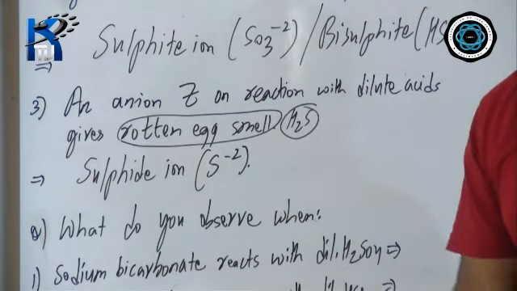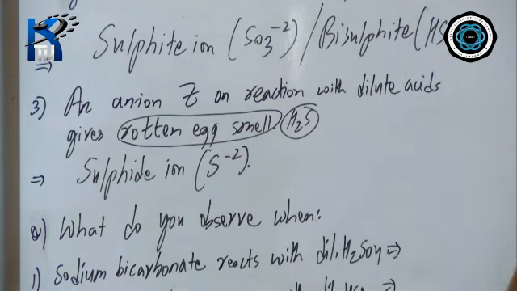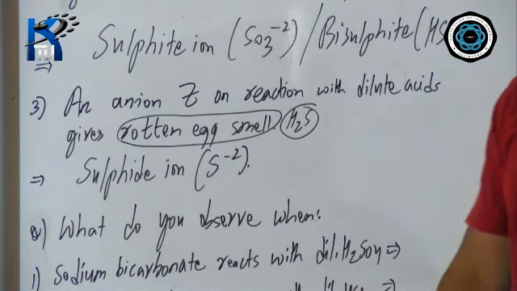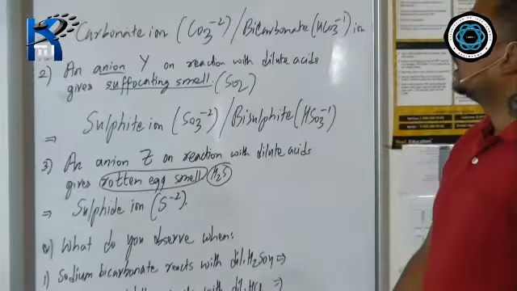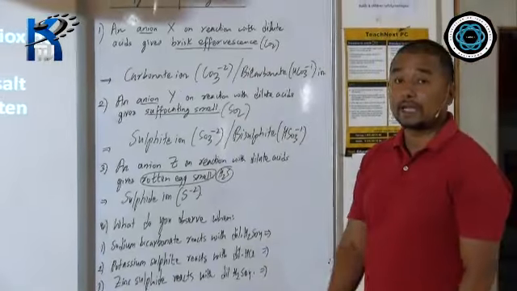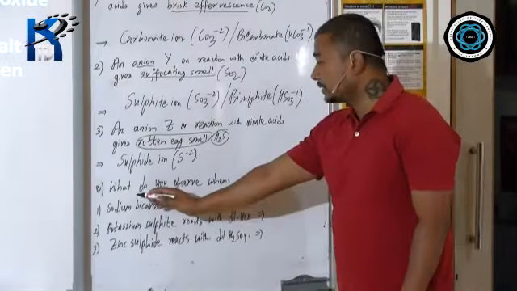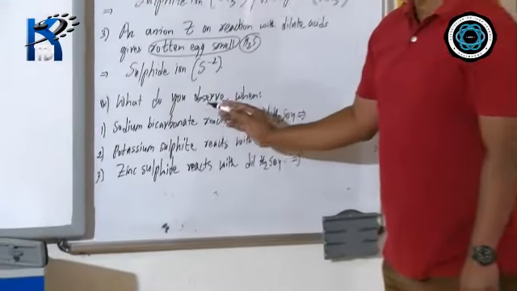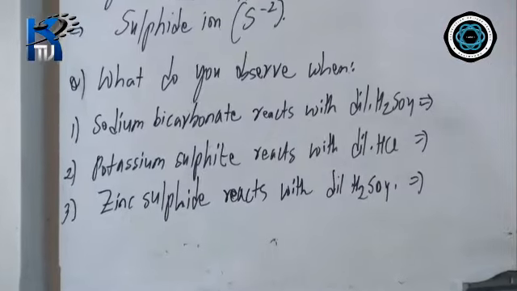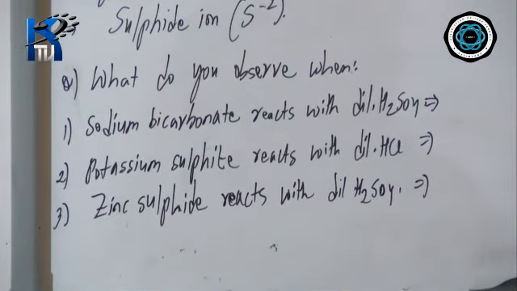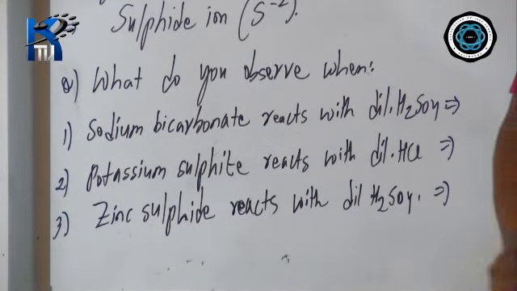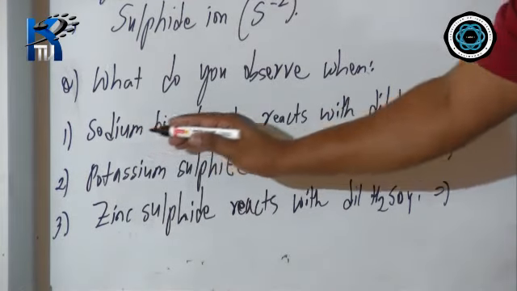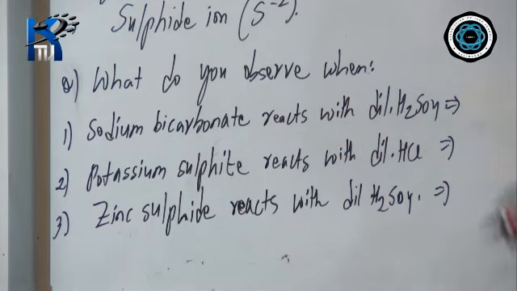There are many other anions. Such questions are set from those anions also, that we will see in due course of time. Right now, whatever property we have learned, with respect to that, I have shown you some questions related to how to identify anion. Now we go to this question, what do you observe? Always remember, student, when the question comes, what do you observe, you need to mention either the smell or the color. You don't have to show the reaction. Sodium bicarbonate reacts with dilute sulfuric acid.